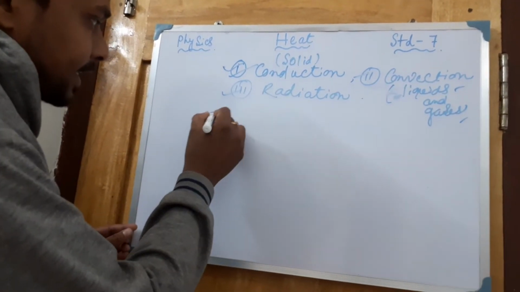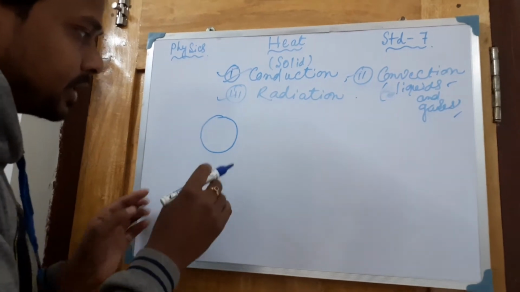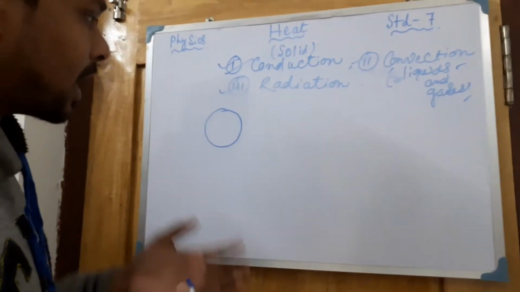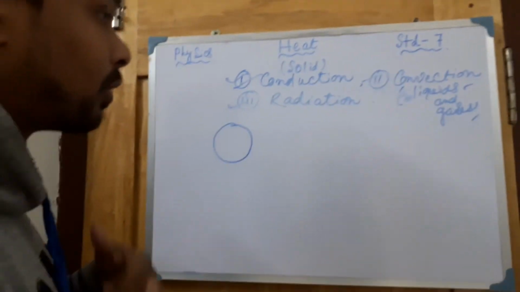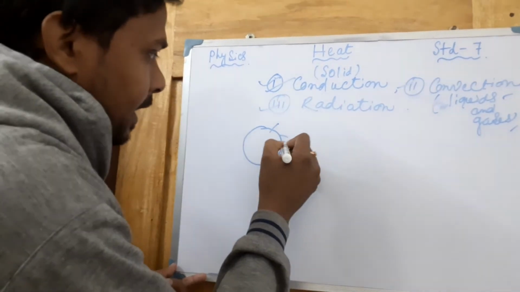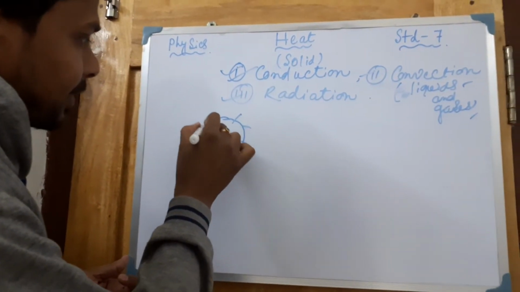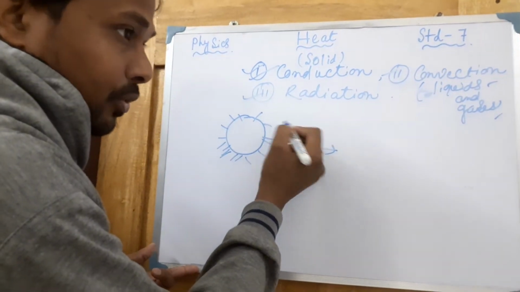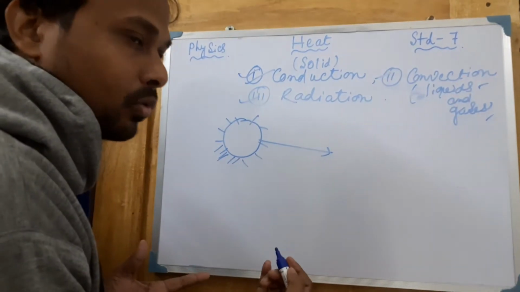Suppose you take the example of the energy coming from the sun, that means sunlight is a huge source of energy. We all know how it comes to our earth and how our earth's surface gets warmer due to the radiation process. So the sun is continuously giving energy. Energy is coming in the form of photon particles having a huge amount of energy.